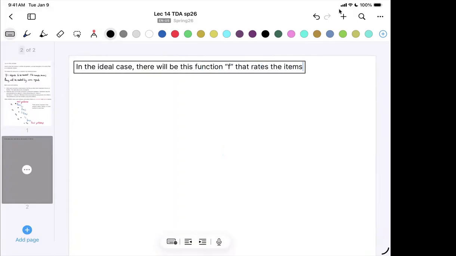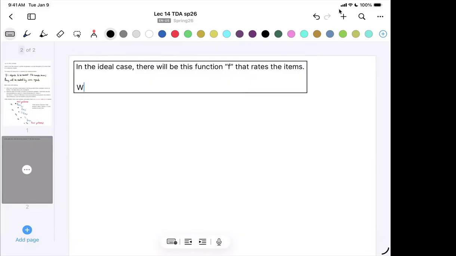But what we'll talk about next time is that in the general situation, we define an analog of a vector field on a simplicial complex, and this will only occur when the vector field is conservative. Because when the vector field is conservative, if you remember from Calc 3, you have a potential function. So this function f is going to be a potential function for the vector field. So what we will do next time